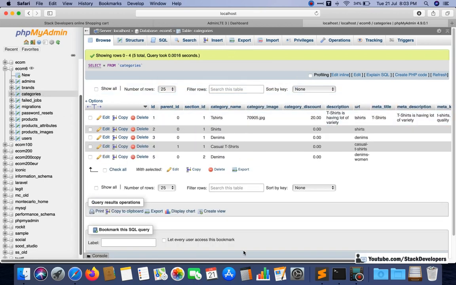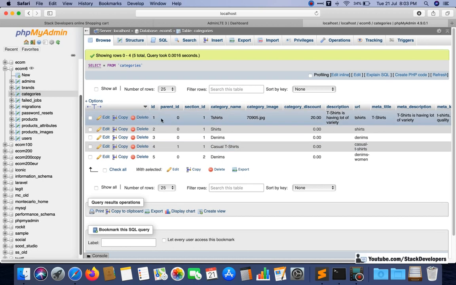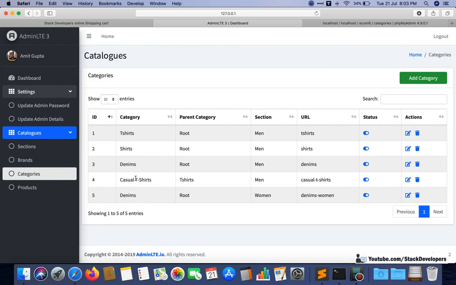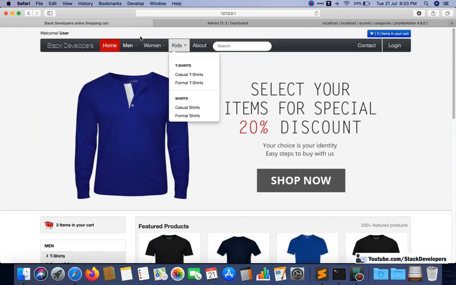We also have subcategories. See here, denims we have added under women. T-shirts, and under t-shirts we have added casual t-shirts. So we have the subcategory as well: casual t-shirts will come under these t-shirts. Everything we are going to add here, we will display dynamically.